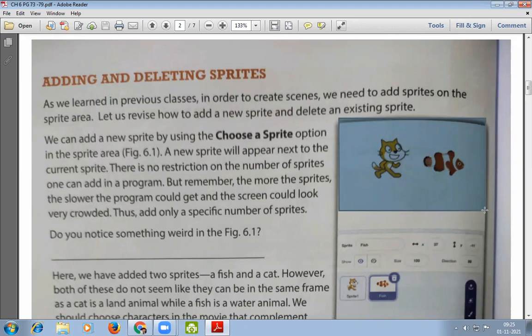Okay, as a cat and a fish cannot live in the same place, that's why we have to choose the sprites or characters wisely. If you are making a story in a water area, then we have to choose water animals only. If we are creating a story on a land base, then we have to select the sprites which are land animals. Okay.